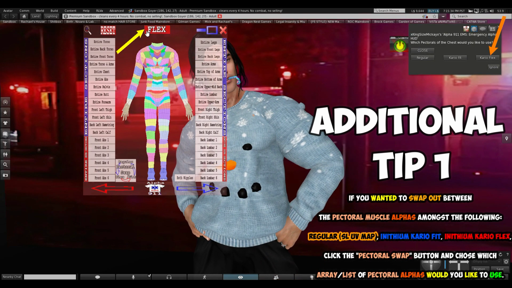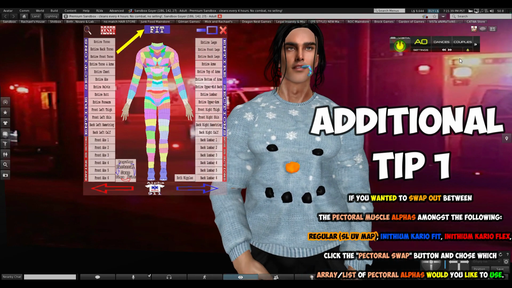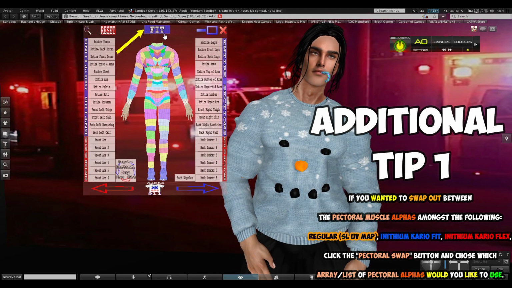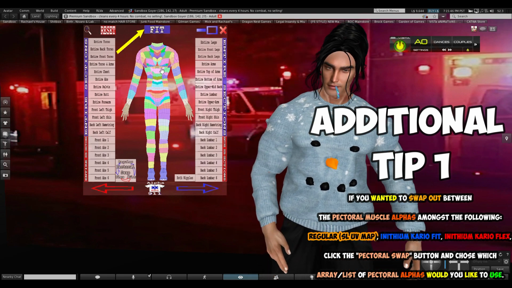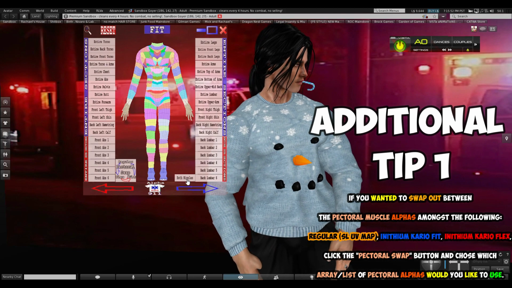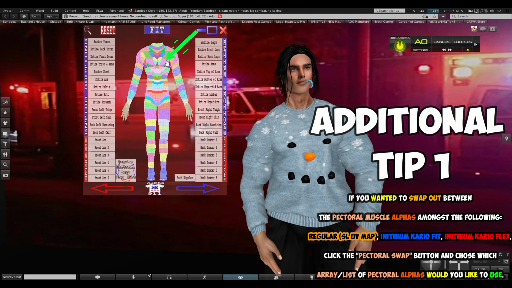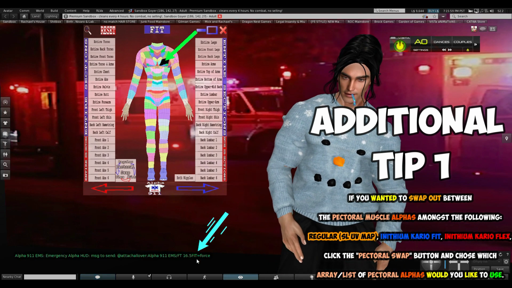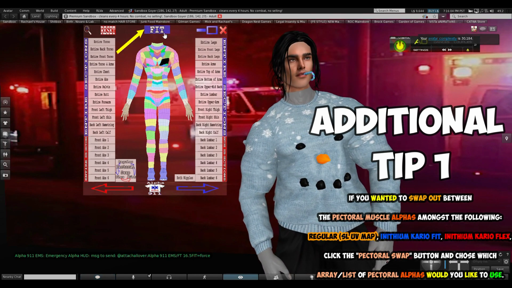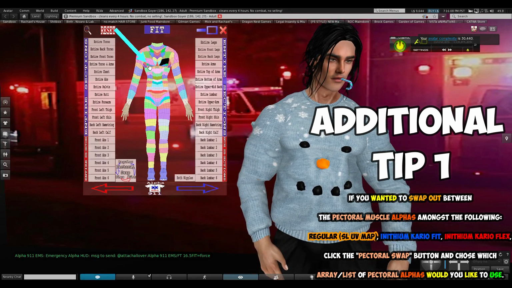Okay. So say if I wanted to go from the CarioFlex to CarioFit, simply click the middle button here, and ta-da! Now it went from a red rectangle to a blue rectangle that says Fit on top, letting you know that it's the Fit array of alphas for the pectorals for the left and right, and both nipples down here in the side panels. Alright, say if I want to click the pink one right here, it goes from pink to black, and down in the nearby chat, it's going to say on there FT 16.5 fit, because it's the fit, as you see on top.